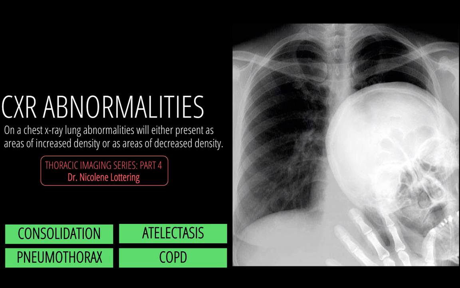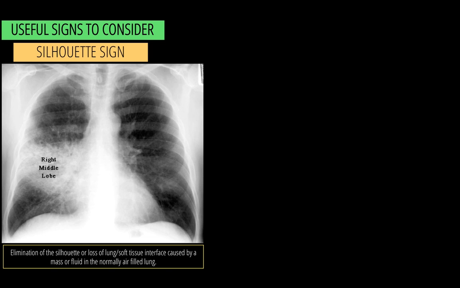disease. So at a second year level, it is critical that you're able to differentiate between normal versus abnormal radiographs. And what is more important than interpreting the pathology is actually having a systematic approach to interpreting and assessing radiographs for abnormalities. So two of the most useful signs to consider when looking at chest radiographs is going to